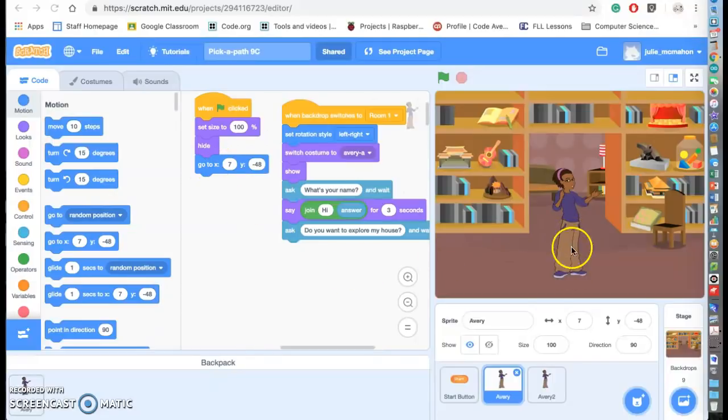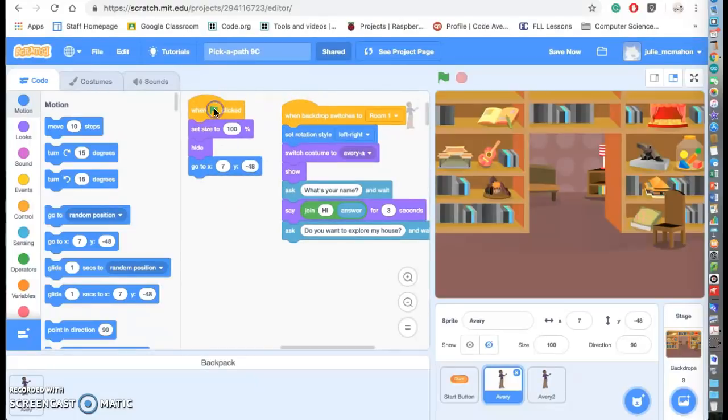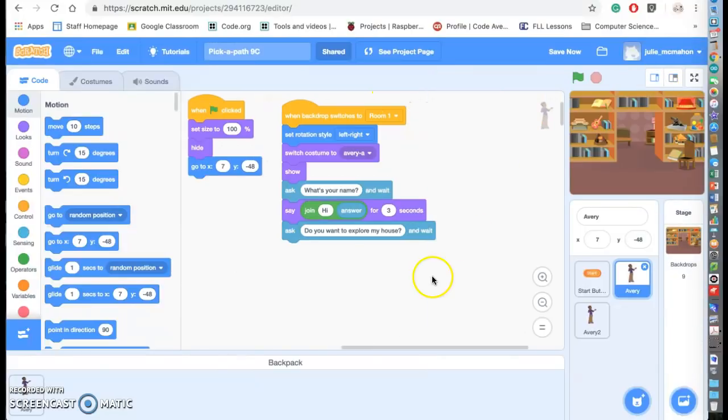Now remember, if you look down here, X and Y coordinates. So right now I've placed her and she's at X7, Y48. So when I bring out that go to, that's how I know where I want her to be located at the start. So I can click that out to test it. So when the green flag is clicked, she's not there. And then we have to have her react. I'm going to put that away so you can see some more of the code,